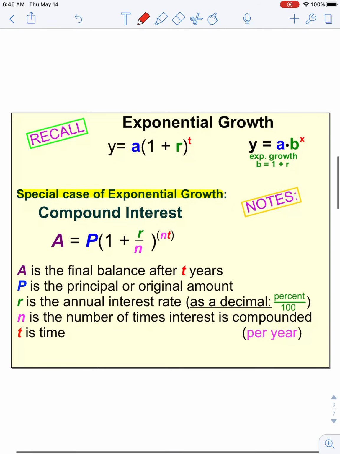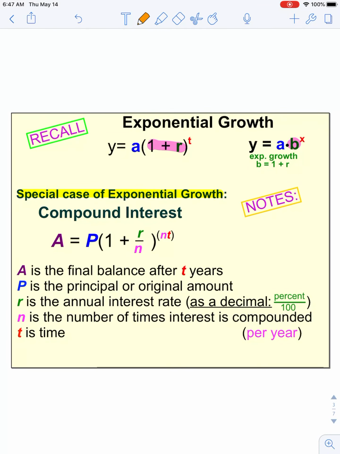So remember, exponential growth, okay, is 1 plus your rate of change. So a times 1 plus r raised to the t power, okay? And that 1 plus r raised to the t power, remember this part right here can also be just put in as one value b. Well, the first thing we're going to look at today is compound interest, okay? And in compound interest, okay,